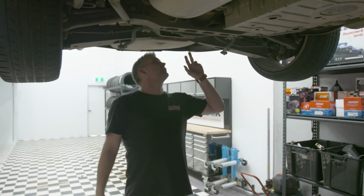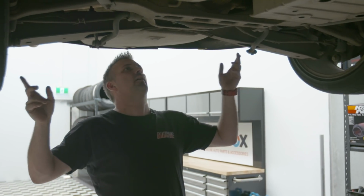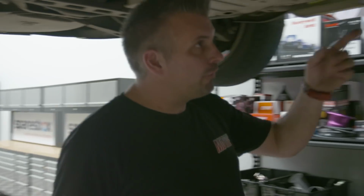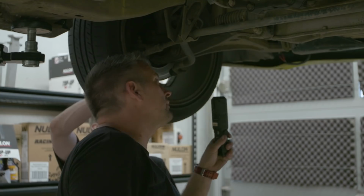So we've got diff bushes, we've got new shocks, so we're all right there. Suspension-wise at the back, we can probably leave it for now, right? Yeah. It's not major to change. The back's fine. We need fuel filter, fuel pump, just in case, preventative measure. Suspension actually seems...